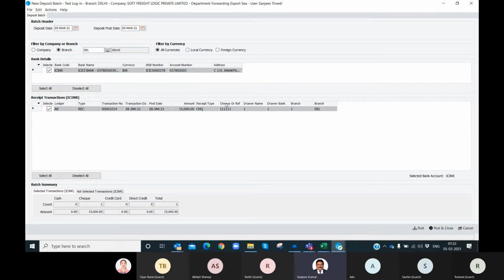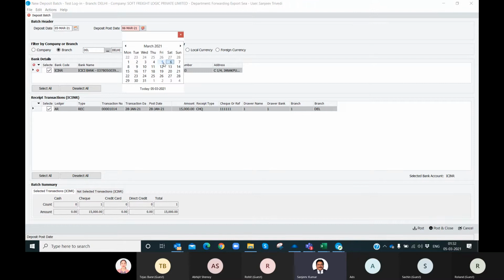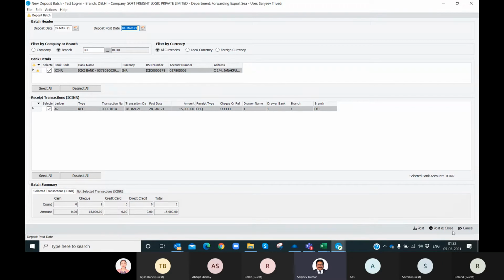and then once it appears on the bank statement, we'll post it here, at the bottom right side, bottom post. And the post date can also be changed here. It cannot be a future date, it has to be either the current date or previous dates, but we can post once it appears in the bank statement.